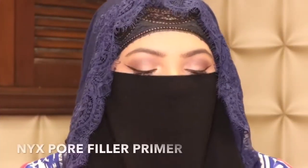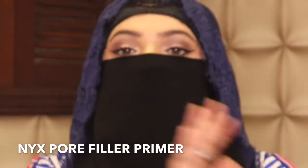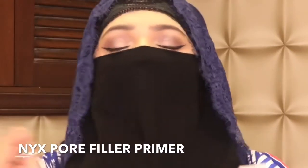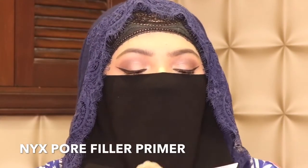Next pore filling primer is from NYX. Now this is NYX pore filler. This is the best pore filling primer again. It is very similar to the Glam Girl one. It actually blurs out and fills in your pores so beautifully that I can't even tell you. It has a little thin texture than the Glam Girl one, but it is